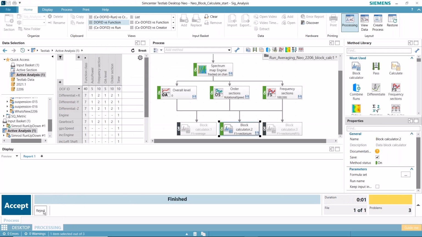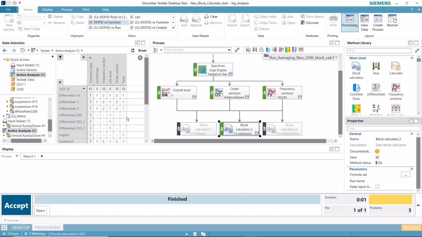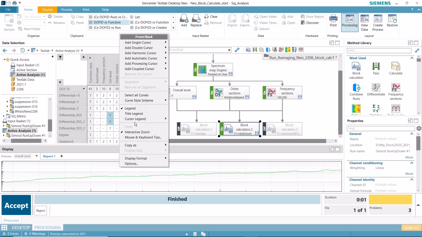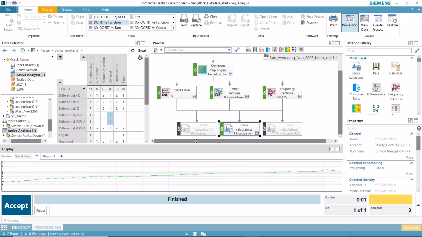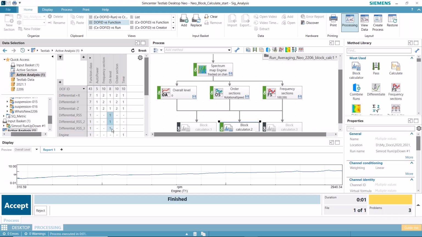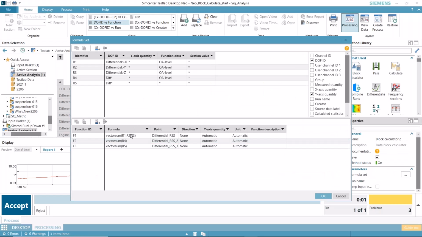So if I reject that guy, and now if I run the process rather than run to, I can start to see this is RSS. This should give you hopefully the same curve. Legend's on, so if I make it a little bigger. So those two are exactly the same. And then the third one, I should probably get some unexpected results. Oh, so that is working. So I must be grabbing the first orders by default, but I wouldn't trust that formula because I'm not really sure what it's doing. So I'd be leery of this last formula here because it could combine across multiple function classes.